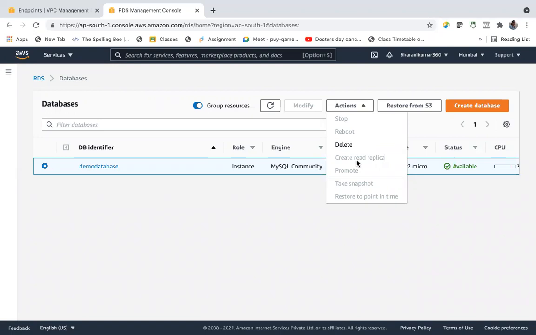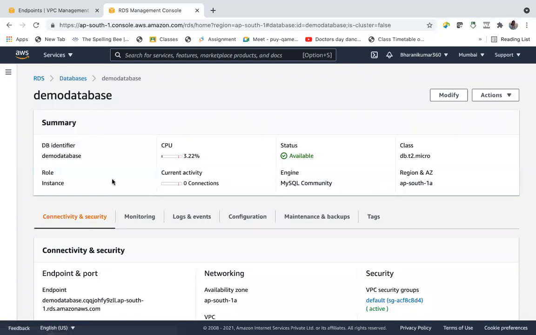If you want to promote the read replica to a normal database, which can handle both read and write queries, you can promote. So then you'll use this promote. Since this is a regular database, we don't have that promote option. For read replicas, you'll get this promote option, because read replicas will not have all the permissions. So you can use promote there and promote them as regular database instances.